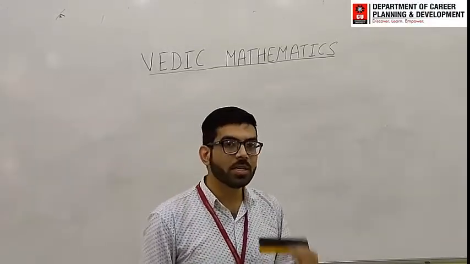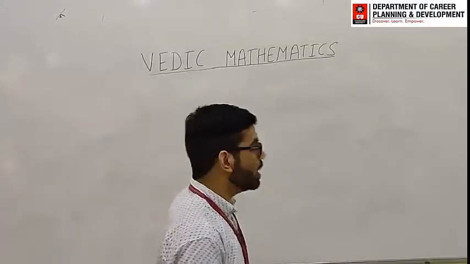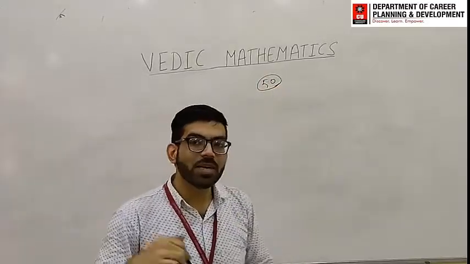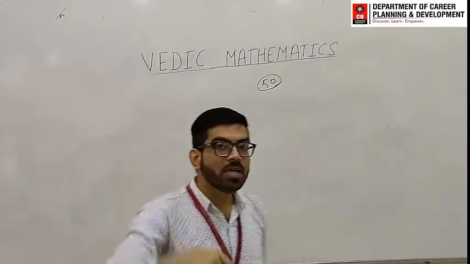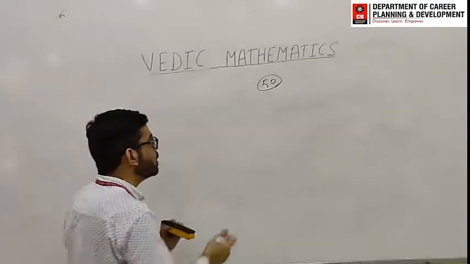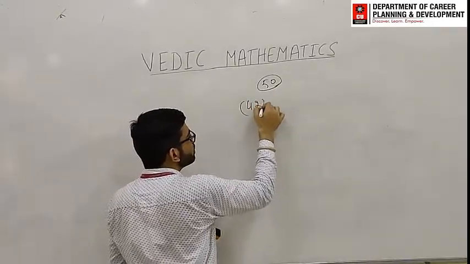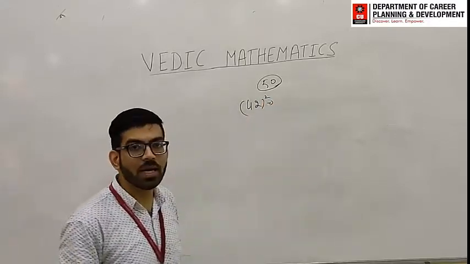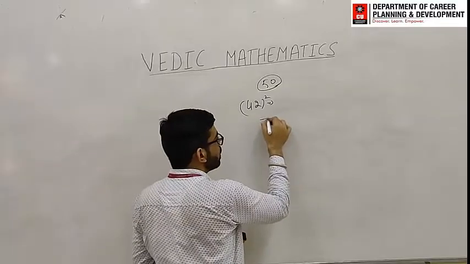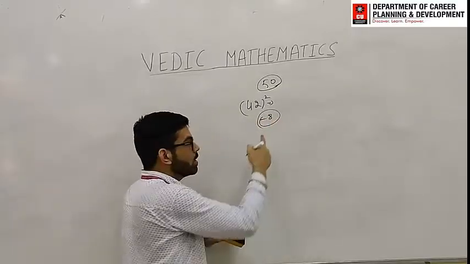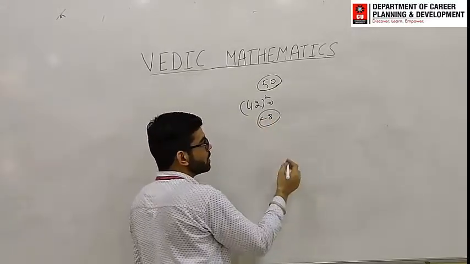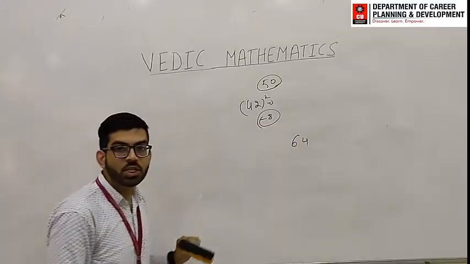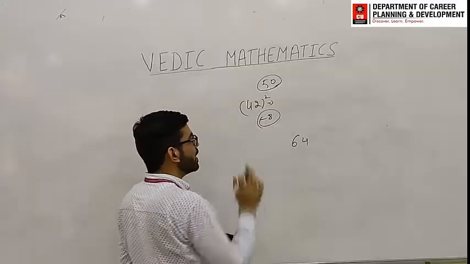Okay, let's deal with the squares near 50. Now near 50, as we did till 100, 50 is half of the number. Just see how we will do that. Suppose you have to find the square of 42. Again the method is the same. This number is less than 50 by 8, so minus 8. The last two digits will be the square of this number, that means the square of 8, 64.